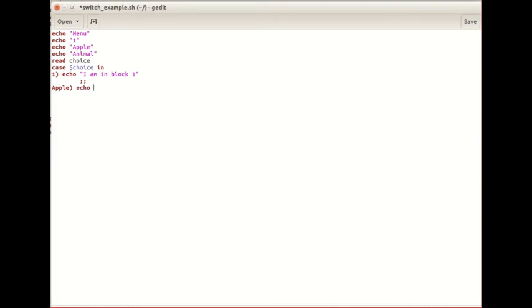In our example, we have 4 blocks: 1, apple, animal and exit. By default, we can consider a default block.